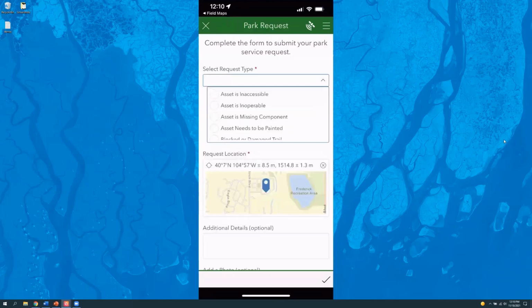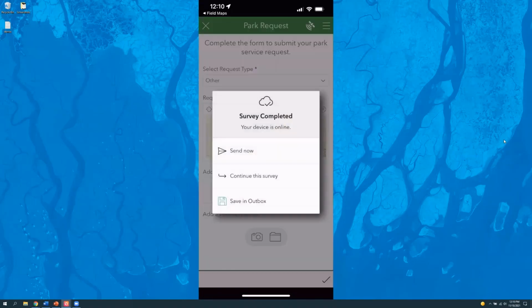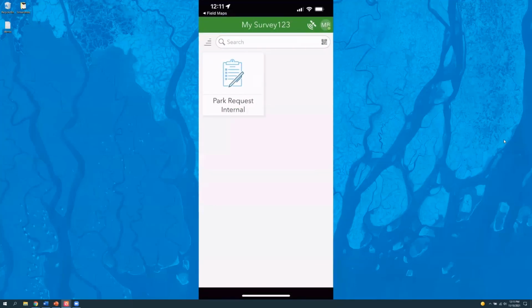I can go and pick, there's a variety of types here. So we'll actually go and say, this is going to be other, because it's going to be a maintenance activity. It captures my information. It's collecting all of my contact information because I'm already signed in with my identity through the park agency. I can attach photos, submit that out. And so this is going to create a new service request that folks in the office could then take action